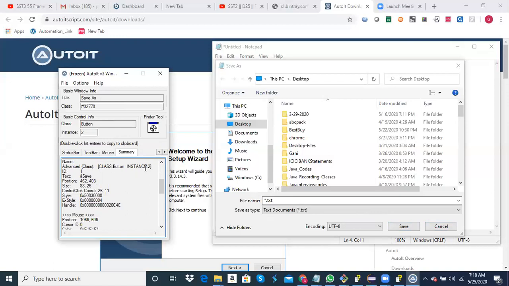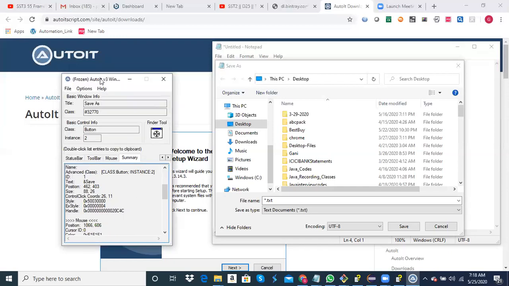Like that, they are almost constant, they never change, so you can use it freely. And this is the purpose of using this Window Info. You will have two versions of that, one is 64-bit and the other x86. You can use any one. That's almost similar. Any questions on using AutoIT Window Info?